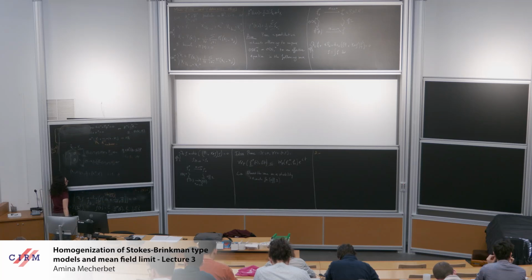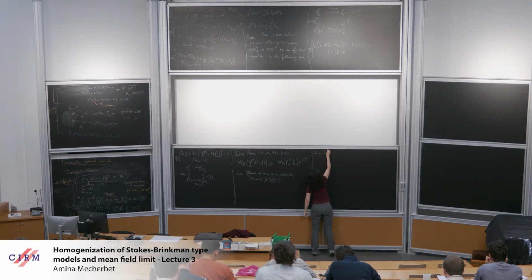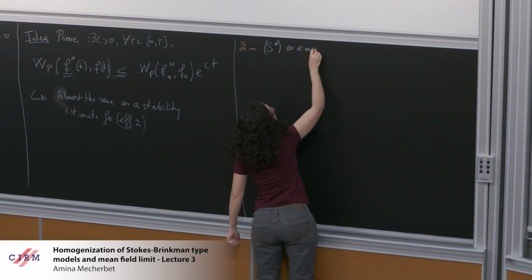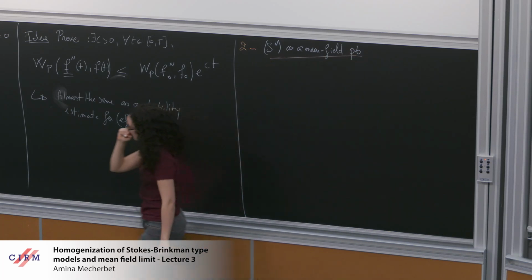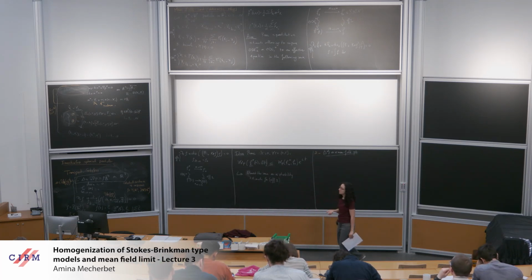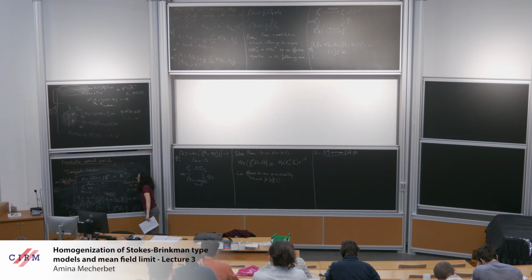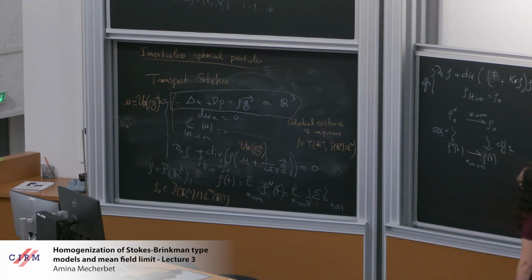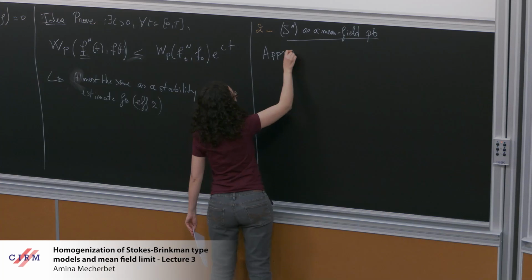Okay, let me call it Sn. So Sn as a mean field problem. So the idea is to try to compute Vi, or at least give an approximation of the velocity of each one of the particles, because if we do this, we know what would be the limit model somehow, right? And so the idea is to first approach UN